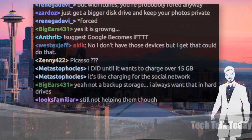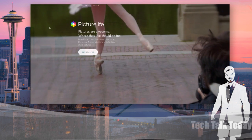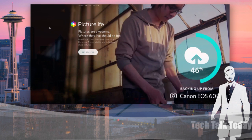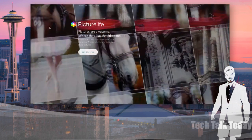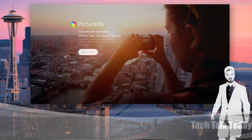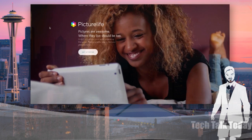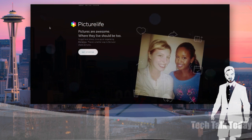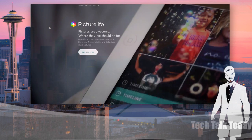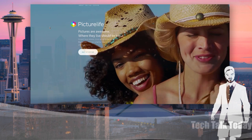There are some other services out there that do this. Picture Life just recently got acquired, and it has some Auto Awesome-like features, and also some memory-type features, where you can look at an event all together in one thing, and you can zoom out and look at your entire photo timeline. It does a lot of nice features, and it automatically backs up your photos for you, and you can say, show me all the photos I took in this location. So Picture Life is sort of like what Google Photos does, but